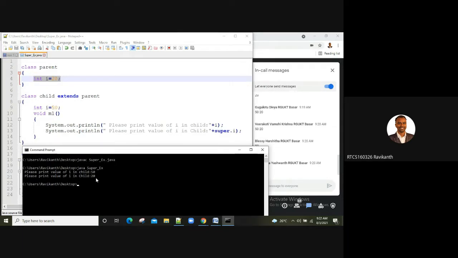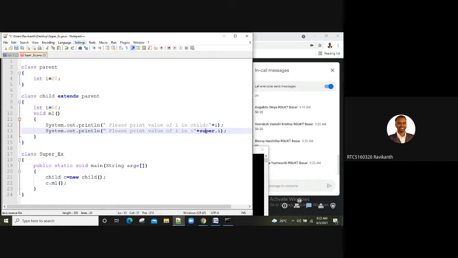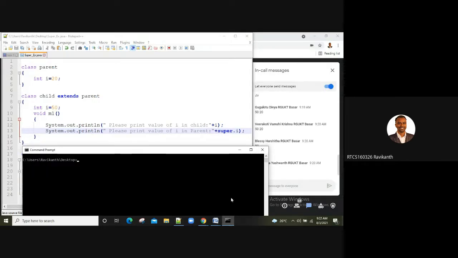Second statement, I'm getting I value as 20. So it is printing the parent class variable value. I'll compile it once again. Perfect.